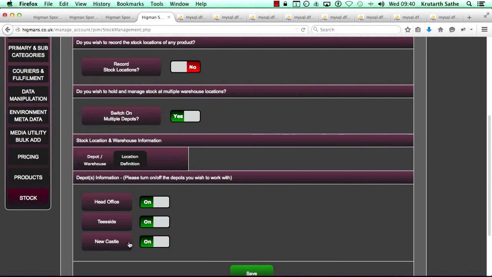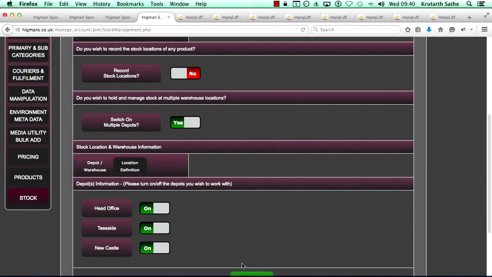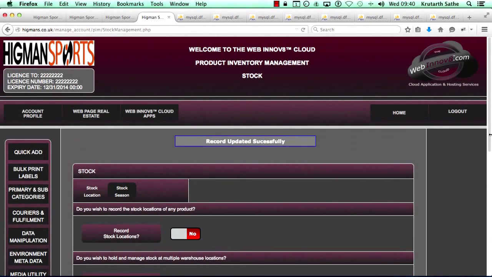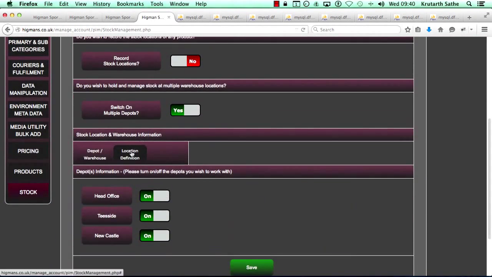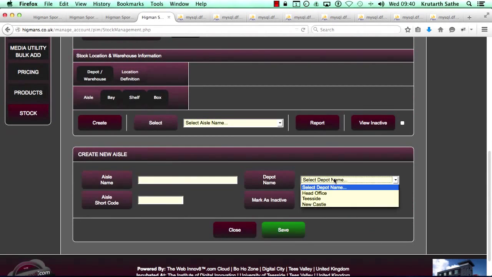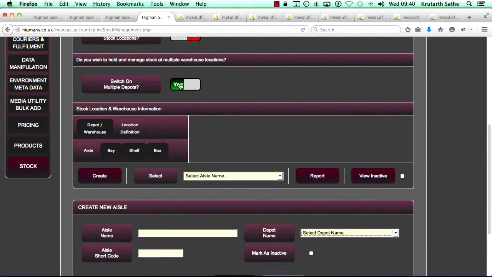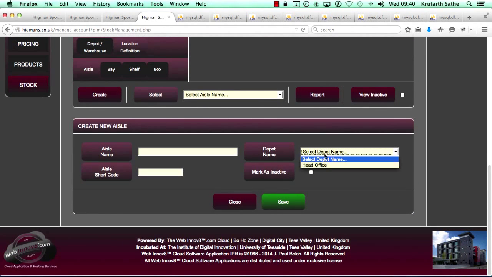If I click make Teesside and Newcastle available, then here it shows me all the three available depots, so I can create a bay for any of the available depots. If I disable this option, then it will only show me head office,